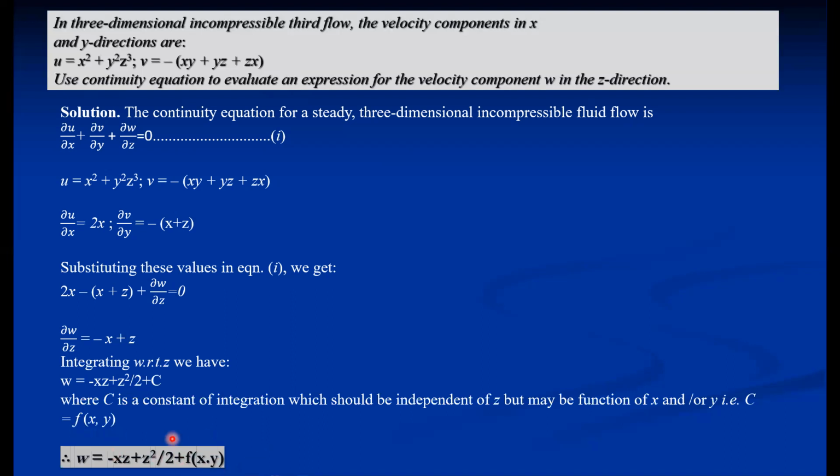Some examiners may eliminate your marks if you write only this expression, especially if your score is above 80%. So in the moderation case, this may be eliminated. This is for 4 marks, so you may get 3 marks. 1 mark may be deducted from the numerical. So this is another use of the continuity equation where the continuity equation is possible, and we have to estimate the third component of velocity, that is the z component velocity. Here we have determined it.